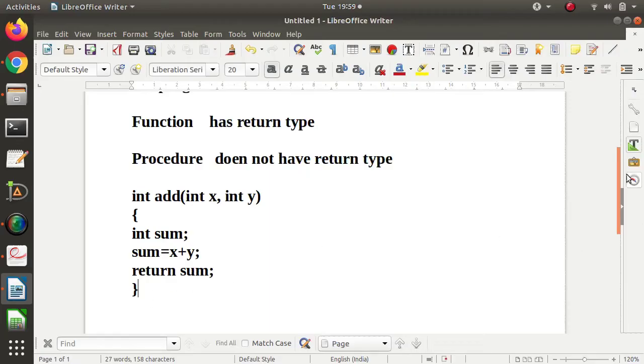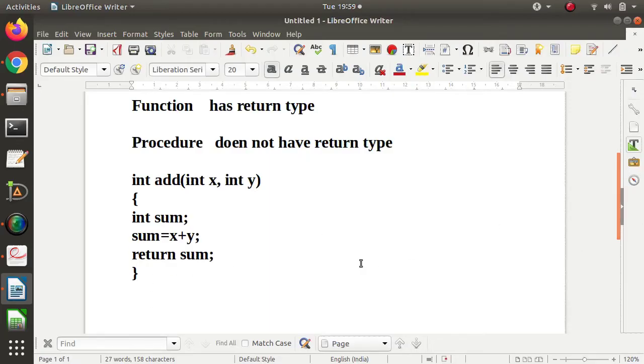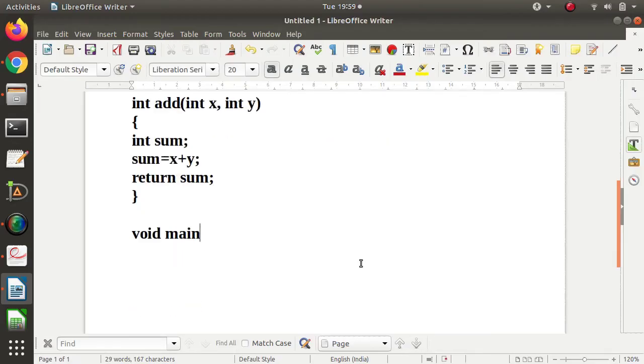Now suppose this function is called from the main function, and we write something like a is equal to 4 plus add, passing some values, suppose 3 comma 5.